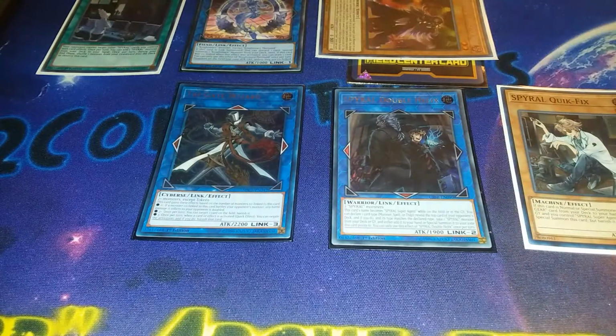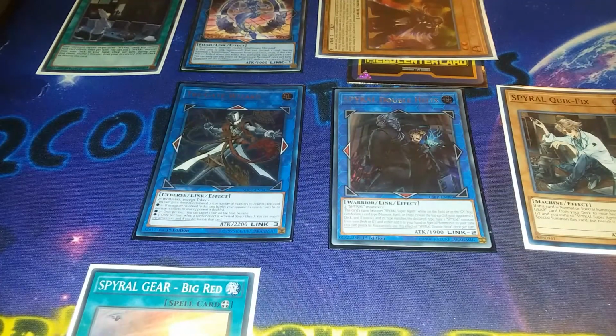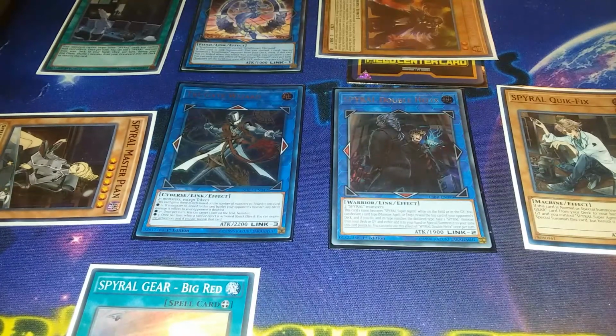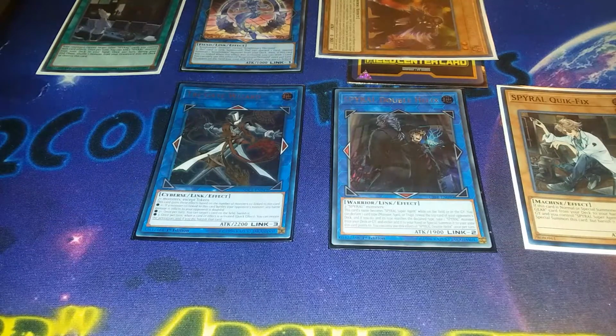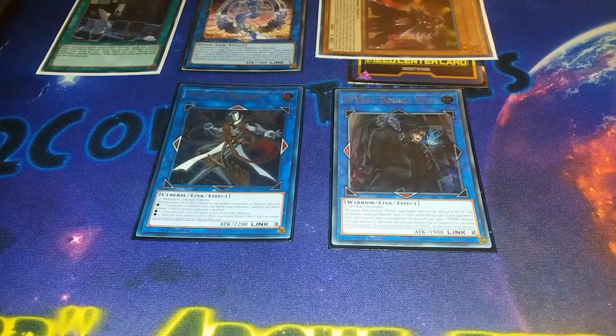And then I'm going to go ahead and activate Spyral Gear Big Red. Putting it kind of down there so you guys can see it. And then I'm going to bring back Master Plan from Grave. So I'm officially out of targets in the deck for Master Plan. That's okay. Next we're going to link. So Big Red and Master Plan go to the grave. Quick Fix is banished to bring out